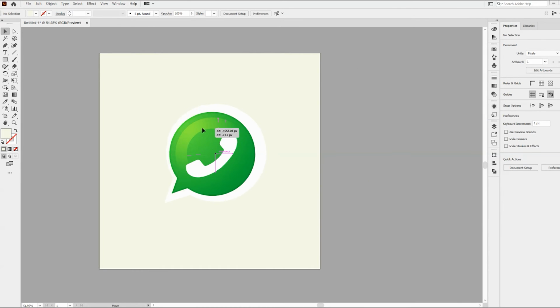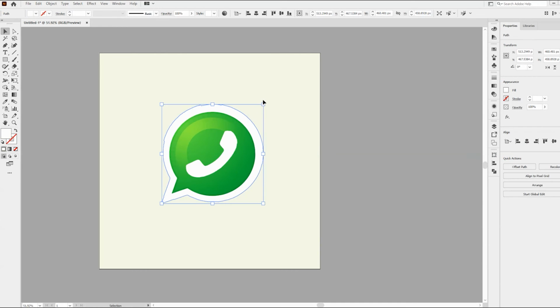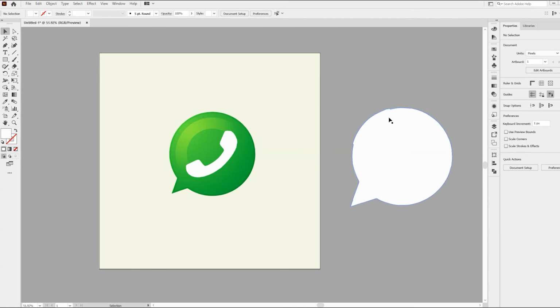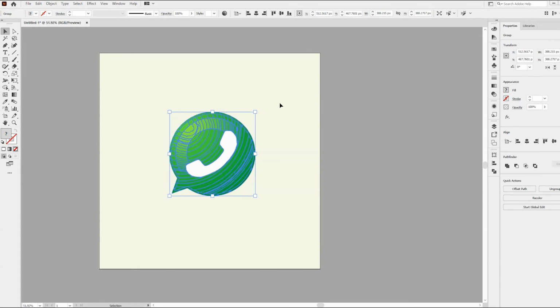Then you can use this shape as the WhatsApp background white portion, but I won't recommend doing it like this. Delete this portion, then select all the group items, then go to Object, then Expand.